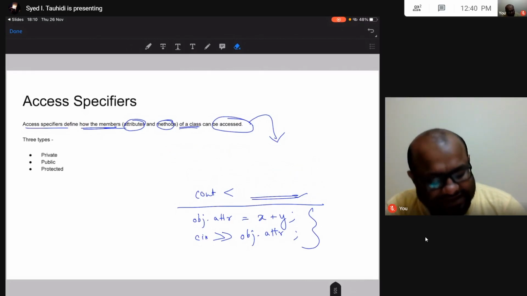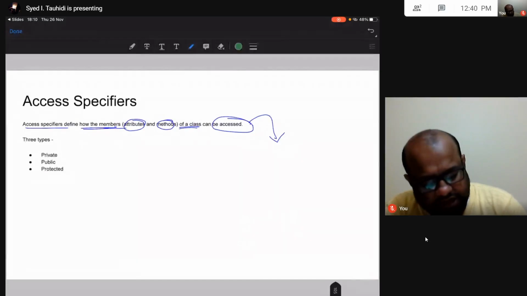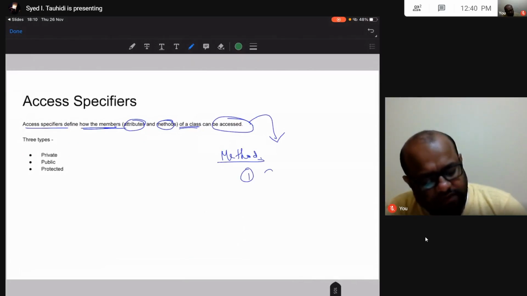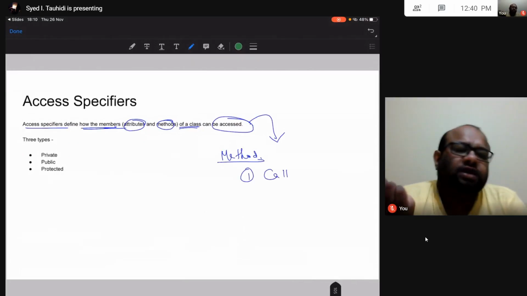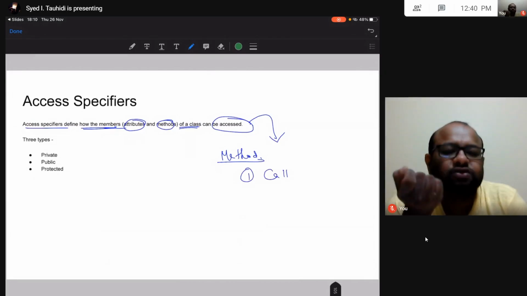Once again, when I want to access a method, there are two things. Number one, I should be able to call the method, and when calling the method, if there are parameters that the method needs, I will be able to pass parameters to that method.